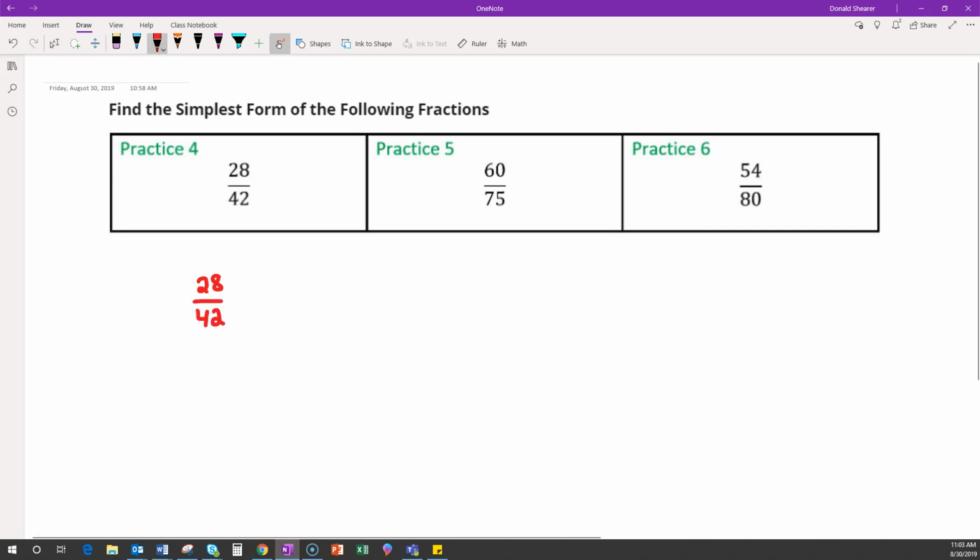So first find all the factors of the numerator. So that would be 1 and 28, 2 and 14. 3 is not a factor. 4 times 7. 5 isn't a factor. 6 isn't a factor. Moving on to the denominator, we would have 1 and 42, 2 and 21,